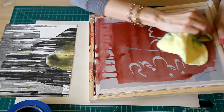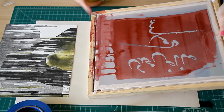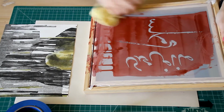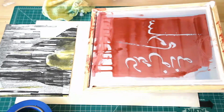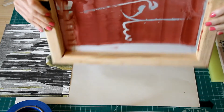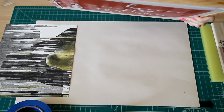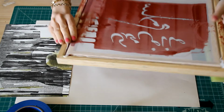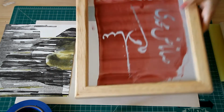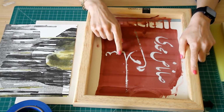Okay, so I'm done. Now I'm going to wait until it gets completely dry, maybe about 10 minutes. So it's completely clean, and it doesn't have any drawing fluid on the screen. So on this point, because I want to print this image at first, and I'm going to print it on the